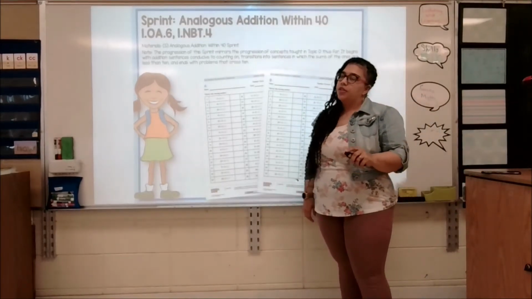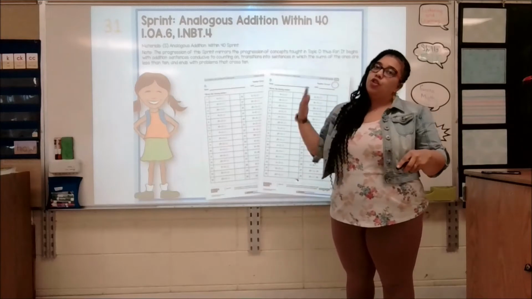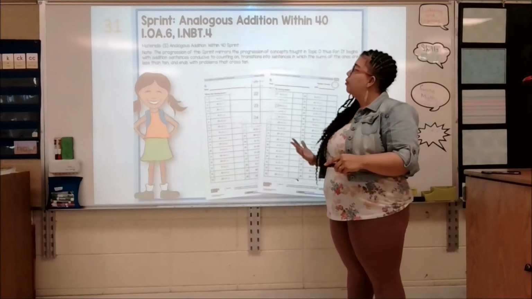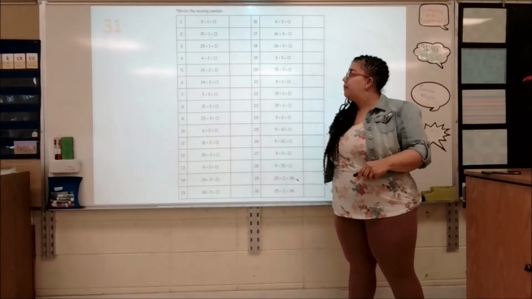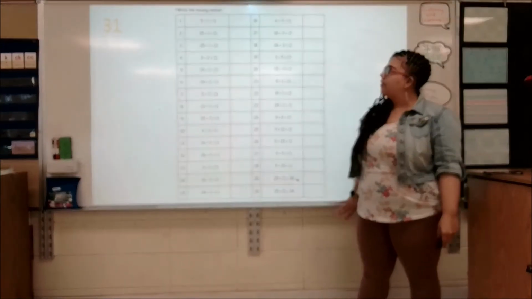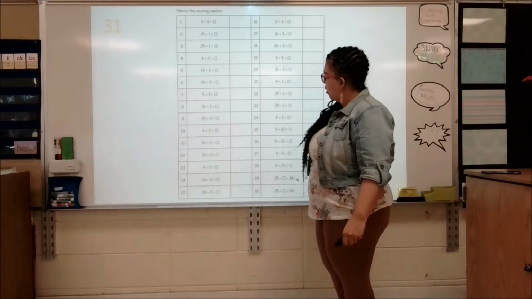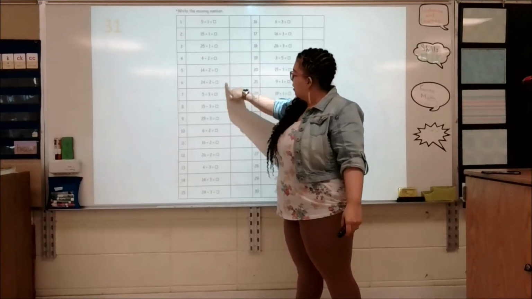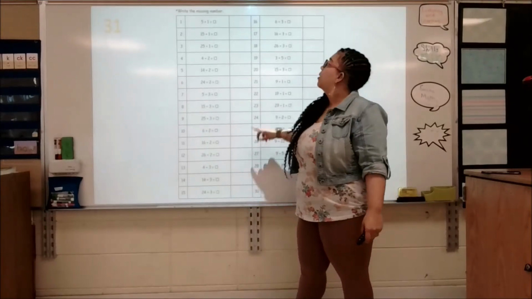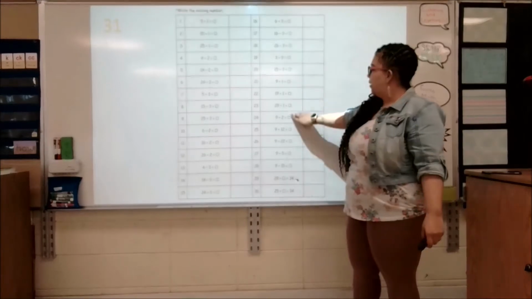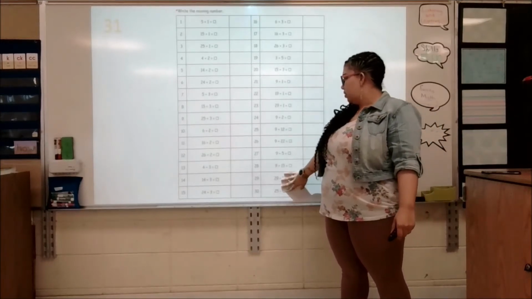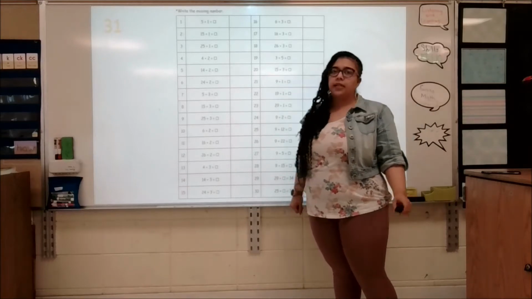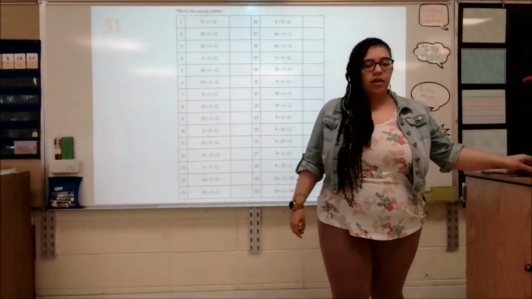It'll look better when you see your problem set. I mean, not your problem set, but your page, which is page number 31, and it looks like this. And you're going to write the missing number. Just looking at it from here, I see that for each problem, we are missing the number on the side with the number by itself until we get to this last little couple right here. But like I said, it's page 31 in your